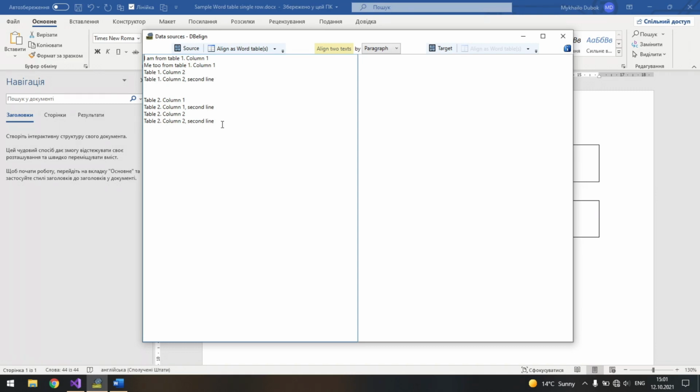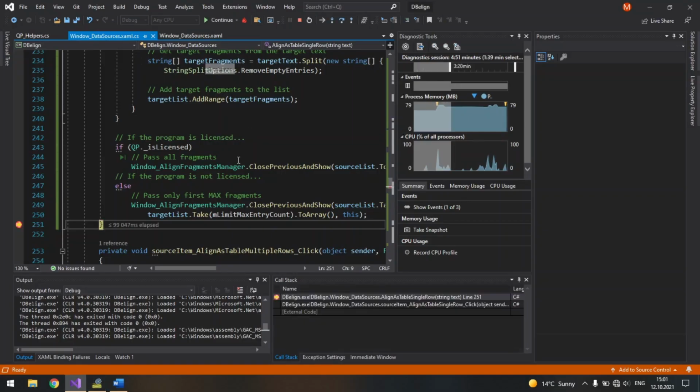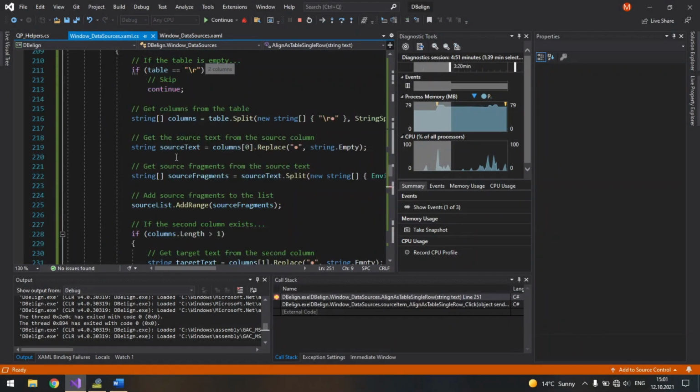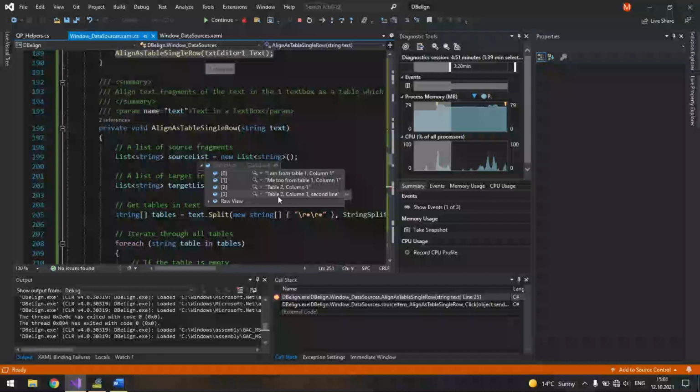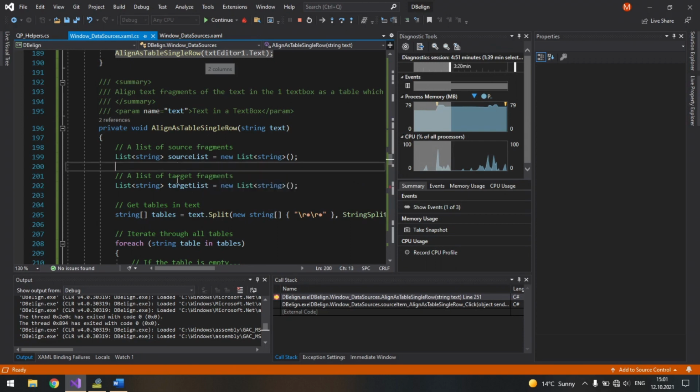Look here for the difference, and you should keep it in mind. So if you read it and click align as 1 row, you will correctly get 2 lists. So here, source list, which contains 4 different elements, table 1 column 1, table 2 column 1, okay, and target list column 2 everywhere, okay.